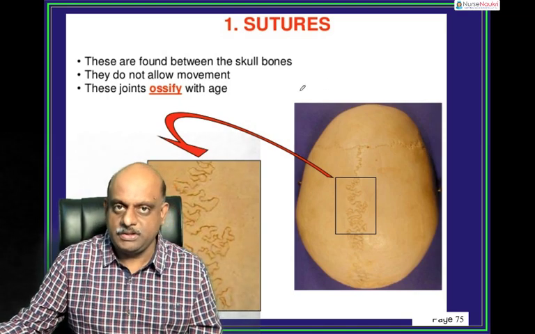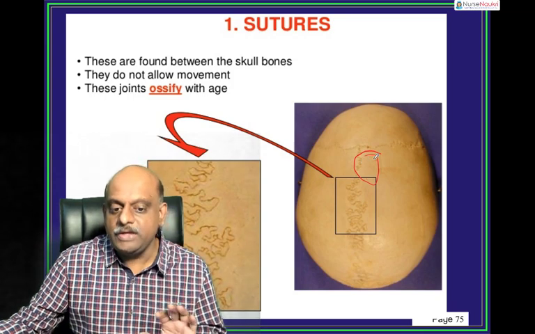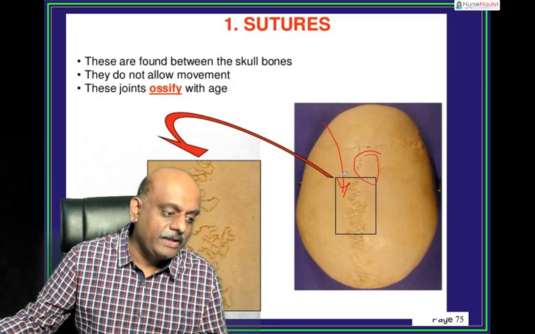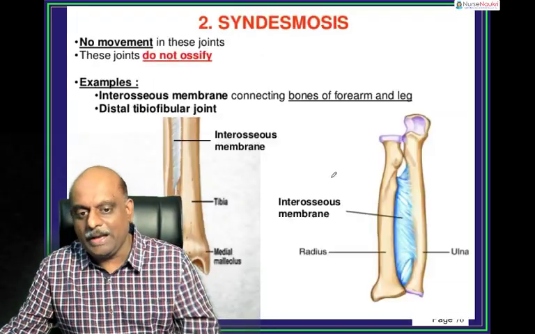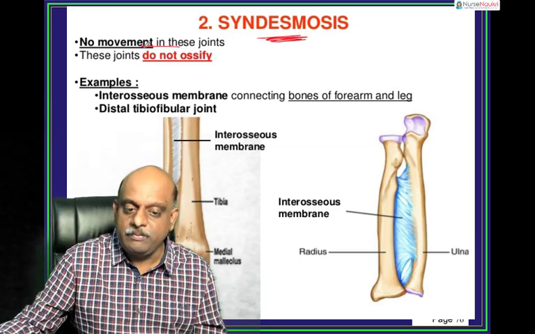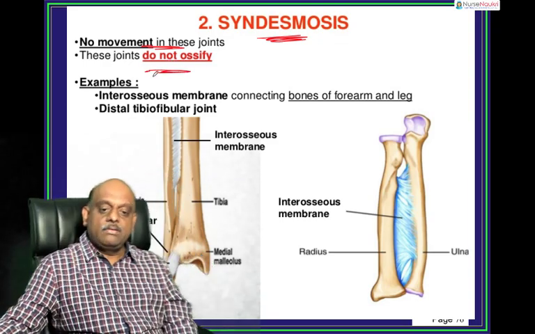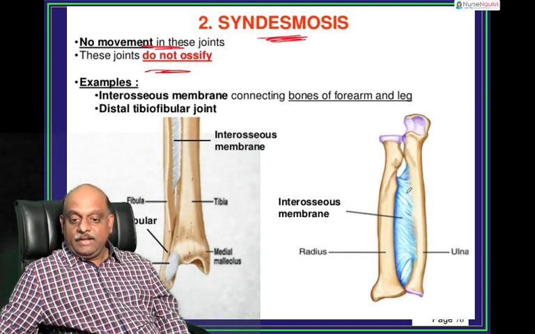Now sutures, they are found between the skull bones, they do not allow any movement, and these joints ossify. Sutures ossify as you grow and as you age is what you should remember. Syndesmosis, there is no movement between them and they do not ossify, and classical example of a syndesmosis is the